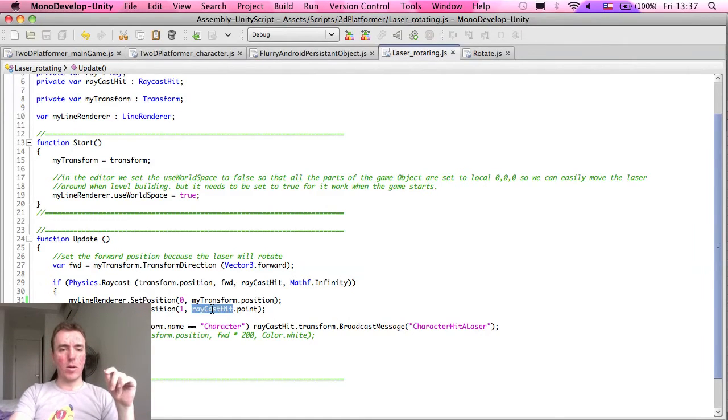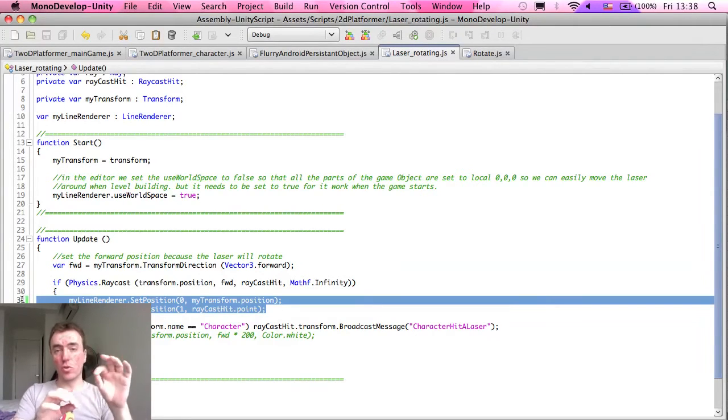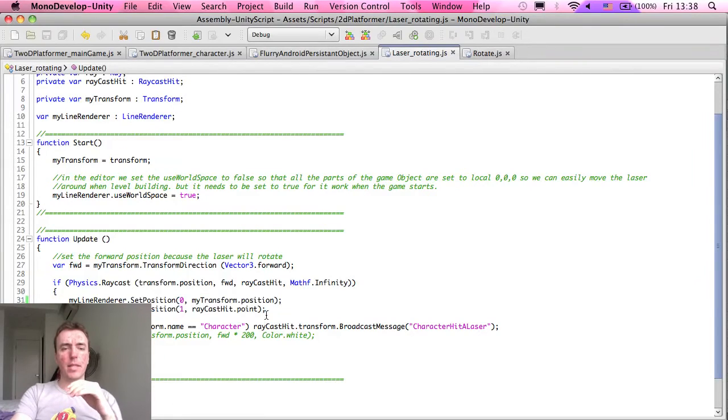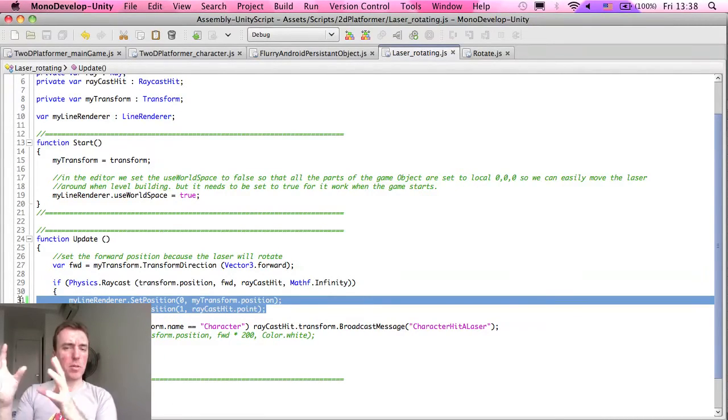And like I said before, we've collected the hit point information, the thing that it hit, and we want to get the raycast hit dot point, which is the world location of where that laser hit. So we've got the first position and the second position, and this allows us to draw the line, okay? Because it will always draw the line, but you just need to change the position of where that line is drawn every frame,